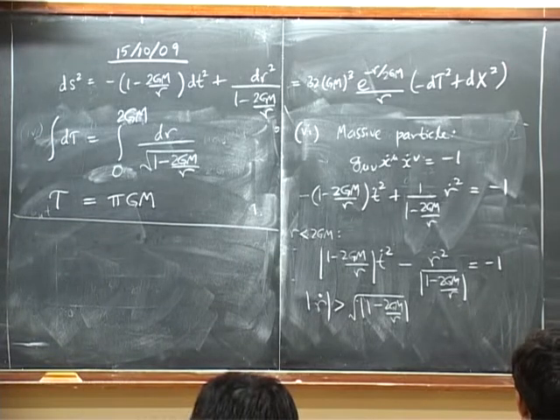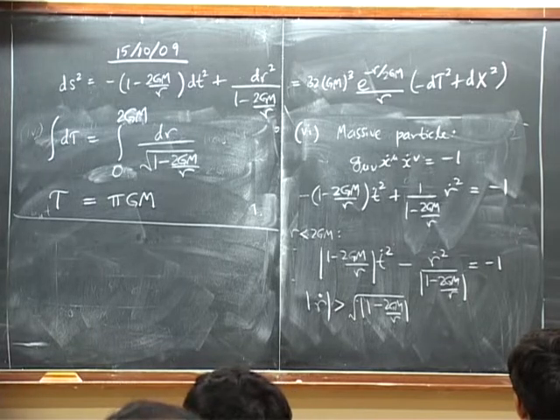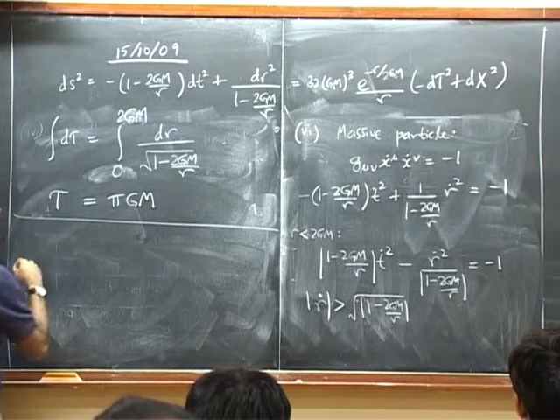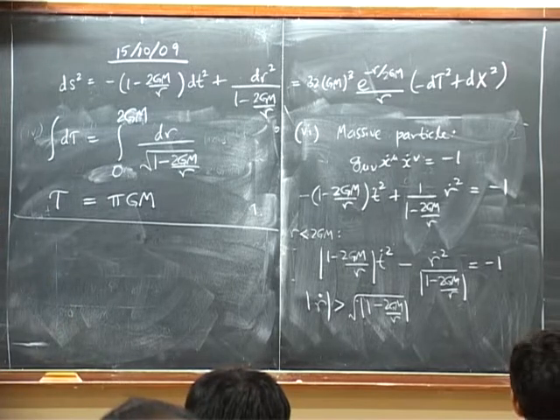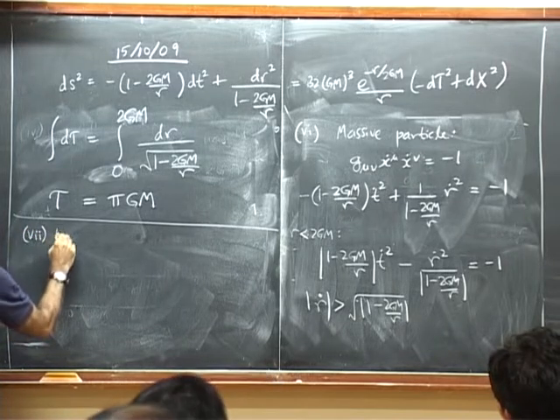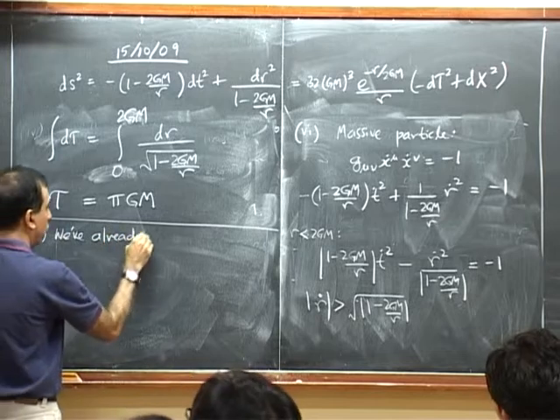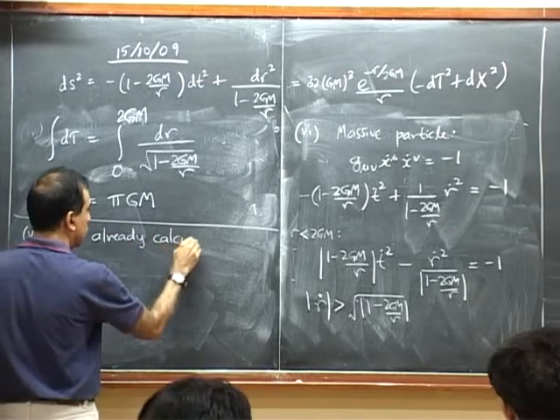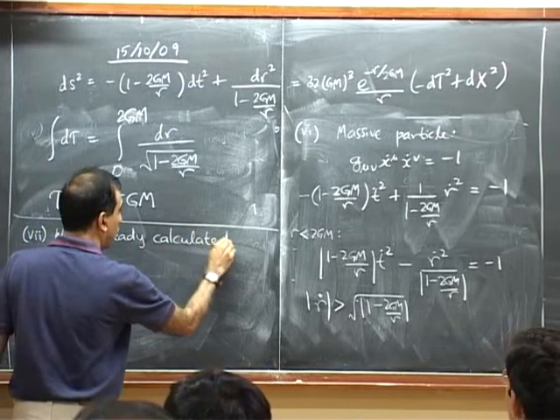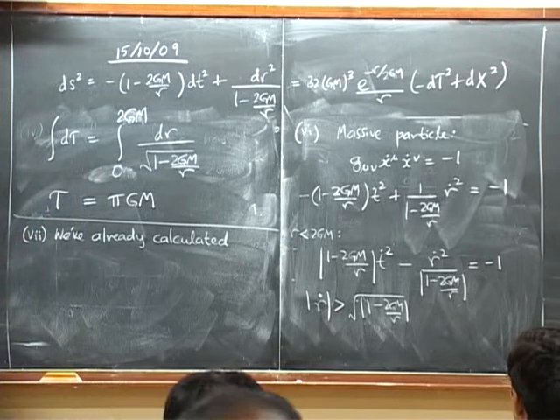Okay. Now probably this calculation I should have done earlier. Oh well, I'm not going to do it. I'm just going to tell you the answer, and this is my point 7. We've already calculated the curvature. Sir, it should be the minimum time, not the maximum. No, it's the maximum time.